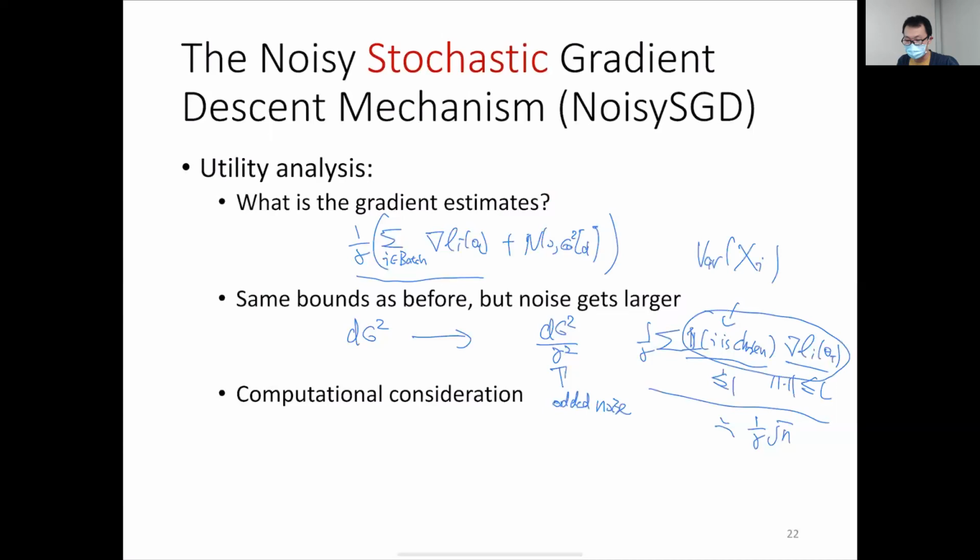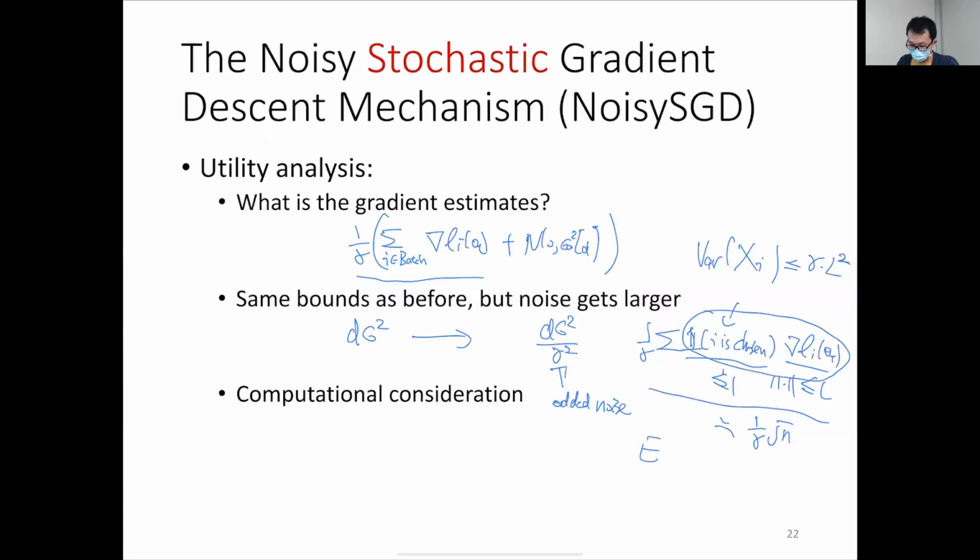As a matter of fact, for the differentially private analysis, all we need is the variance of this random variable, so we don't need a high probability concentration. We can work out the variance, and I won't give you the details, but I hope I can convince you that this variance is smaller than γ times L², right? So the variance is smaller than γ times L². Then the summation of n copies of this will give us